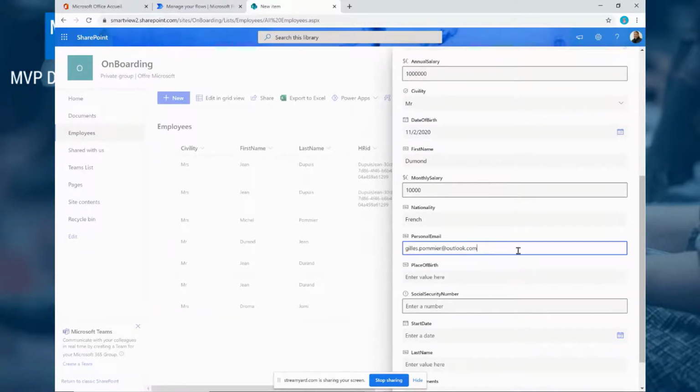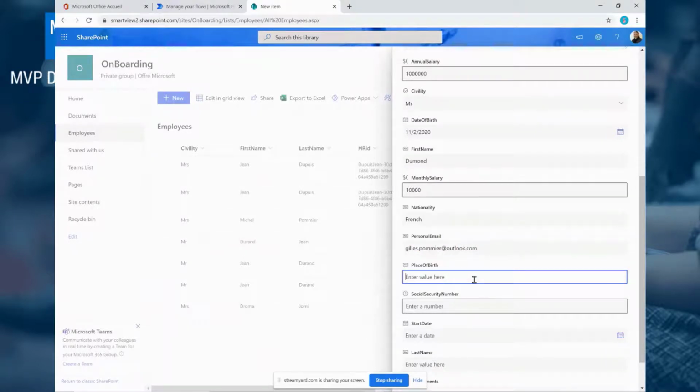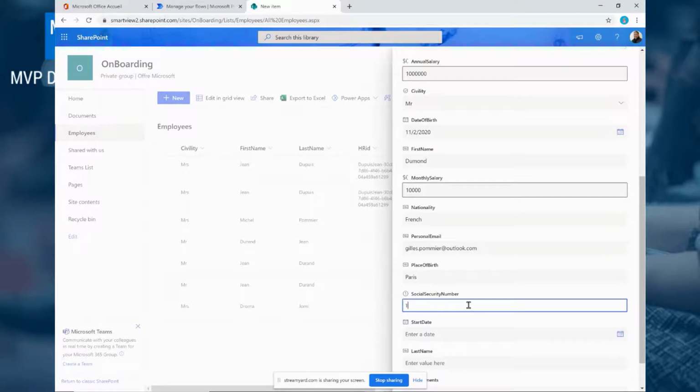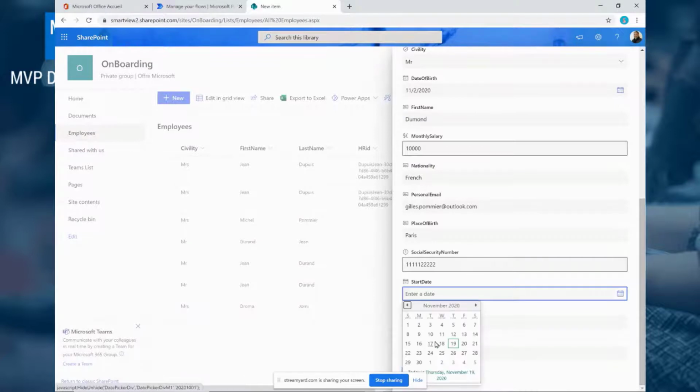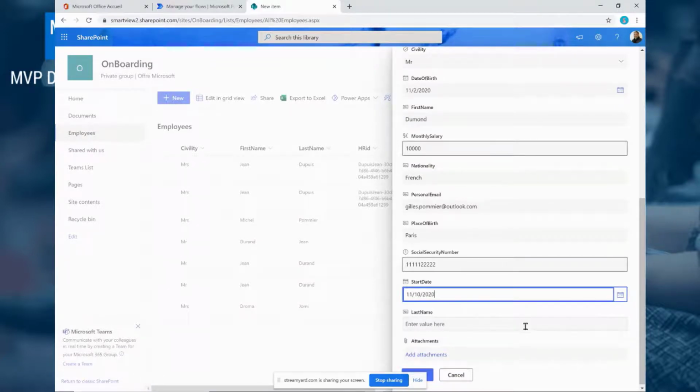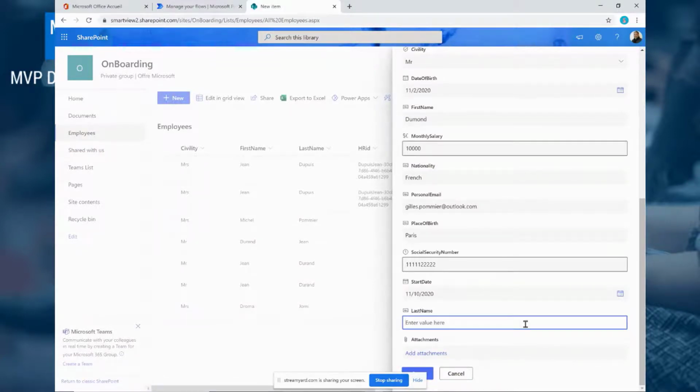So this is my email address, and you will see place of birth, I would say Paris, the social security number, the start date of the contract, for example. So all the fields that I have created before in this list, and you can add more fields if you want, of course.